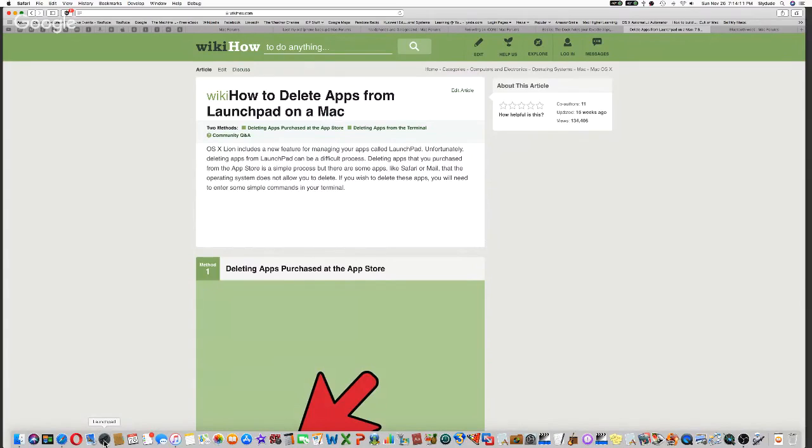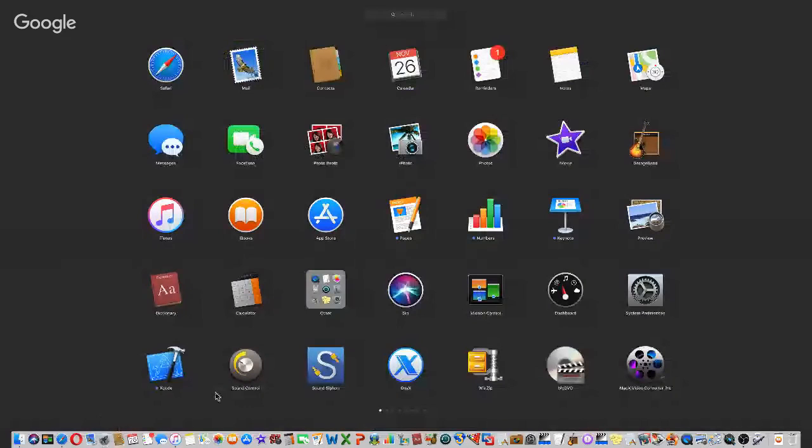When I launch it, I see a bunch of the programs that are on my hard drive. I can move about, scrolling here and there. I can click on these to launch a program, but I can also delete things. Okay, as you can see, some of them are gathered in groups. When I go to delete something here, it's kind of tricky in the sense that some things will delete almost immediately.